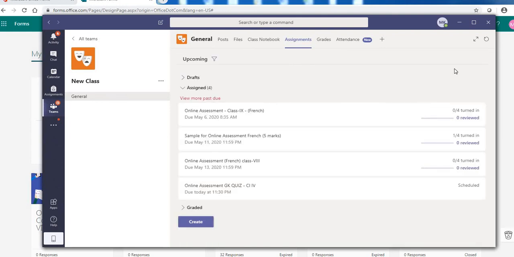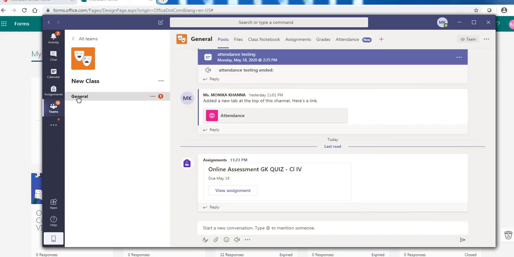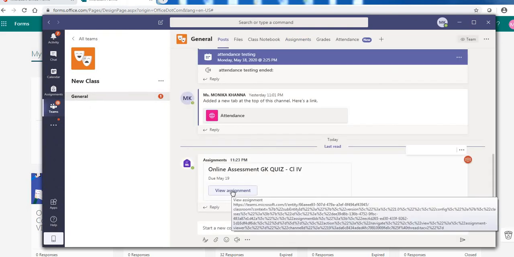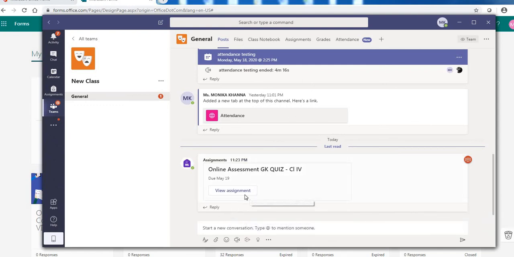The moment you click on schedule, it is here in the assignment, but right now it is not visible to anyone. Now here it is, it appears. Right, see, the moment the time, whatever time we have mentioned as per the clock, it has appeared here in my window. Here it is. Fine. Now I'm showing you how it's going to appear to students.